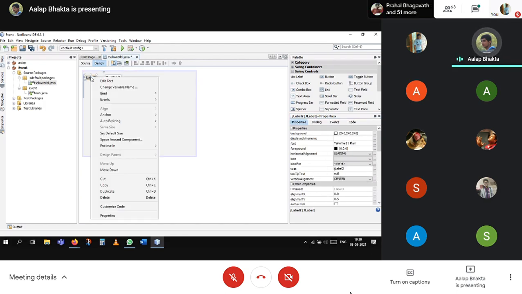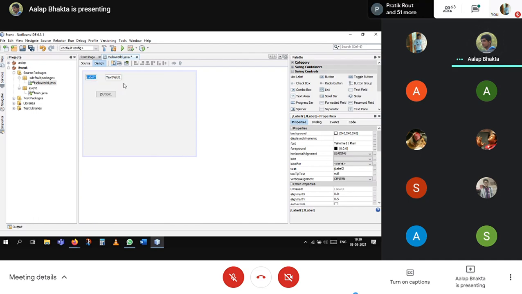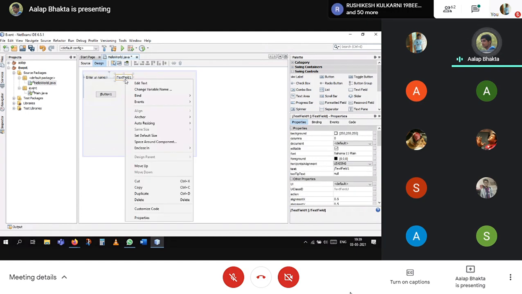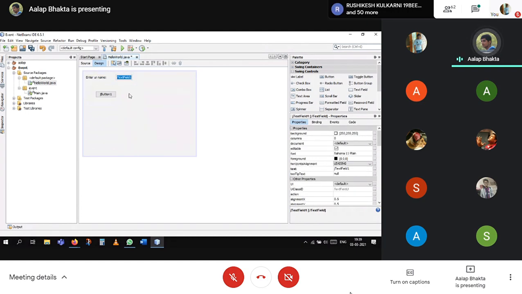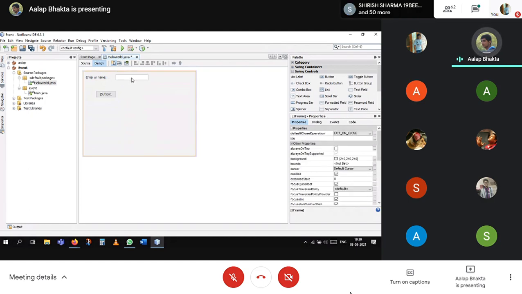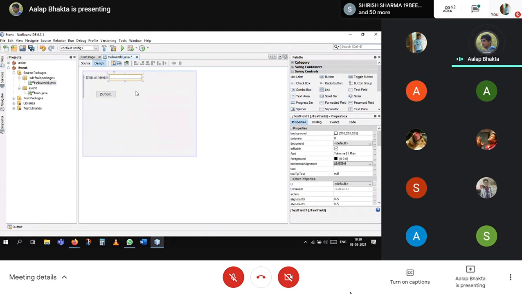Just right click, edit text, then enter whatever you want, like your name. Just like that, for every component you can right click and edit the text content. Then you can adjust the size also.